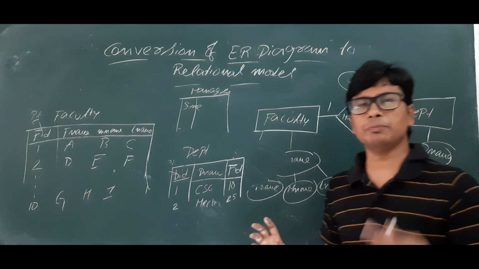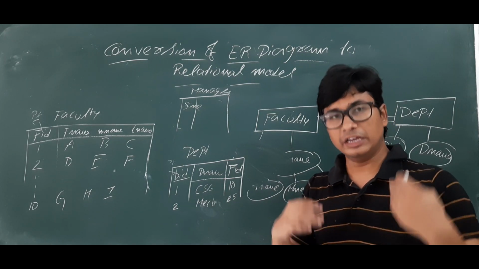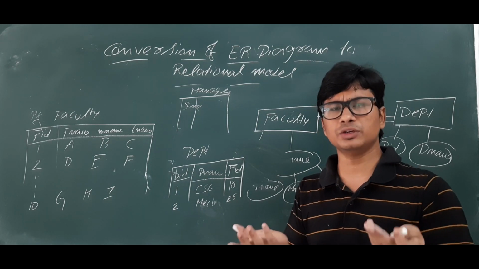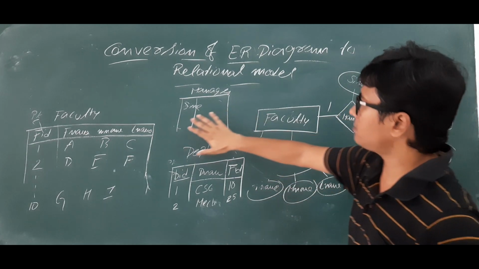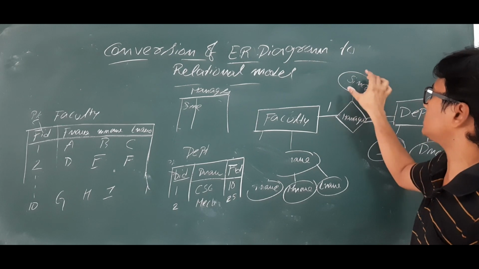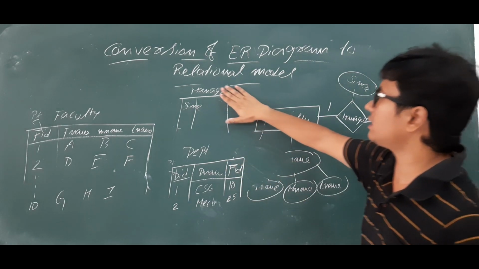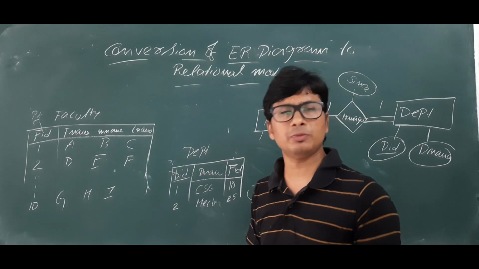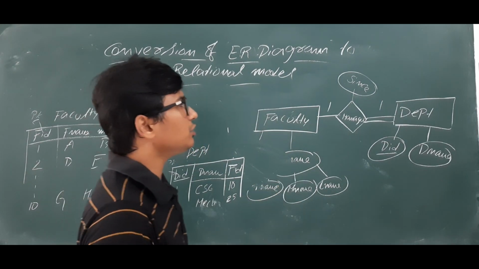So if I want to be a better designer, how can I do it? Can I reduce the number of tables? If there is a chance of reducing the number of tables, better go for it so that you can save the storage. Is it clear? Are you able to understand? Even I am saying that you can create a separate table for the relationship because it is having an attribute. So make it separate. But if you want to be a better designer, you better reduce the number of tables if it is possible. If it is not possible, no one can reduce it. Is it clear? If it is possible, better reduce it.